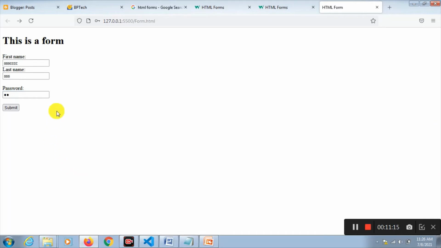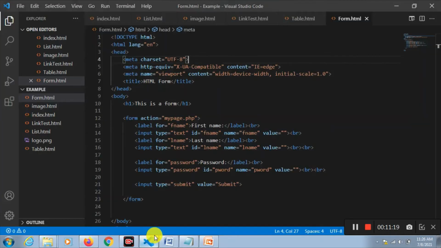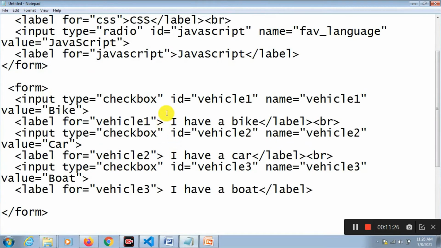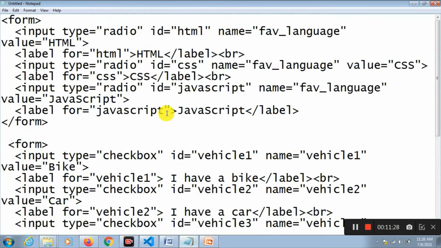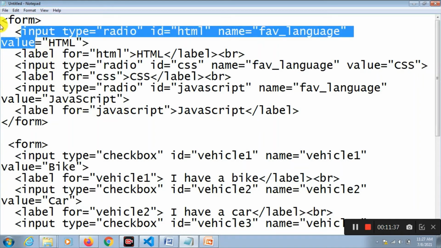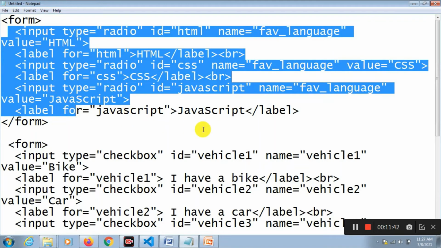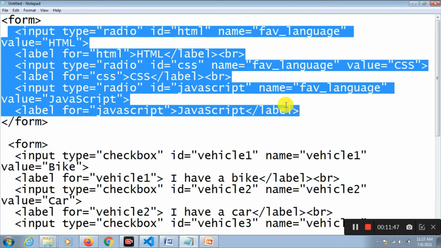Then we can have something called checkbox and radio button. Let's say we are going to use something called gender. I'm copying this text again and I'll remove the text which is not required.